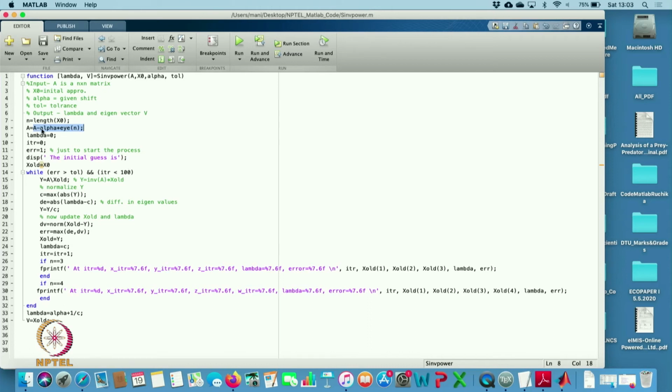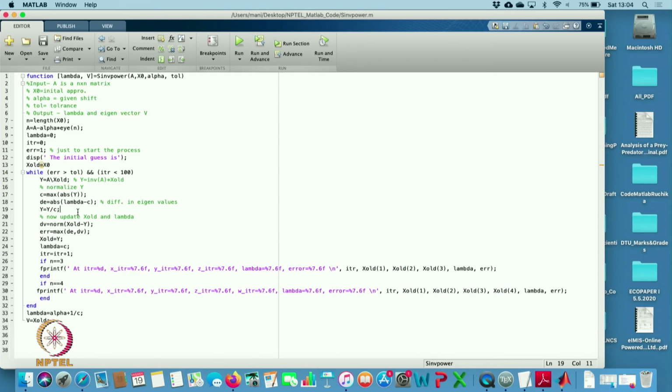So, all these values we have taken as A. Now, I am putting A backslash x old, that is the same as inverse of A into x old. From here I am finding the value y. Now, everything is the same. I will normalize y by finding the value c, and y is equal to y by c.